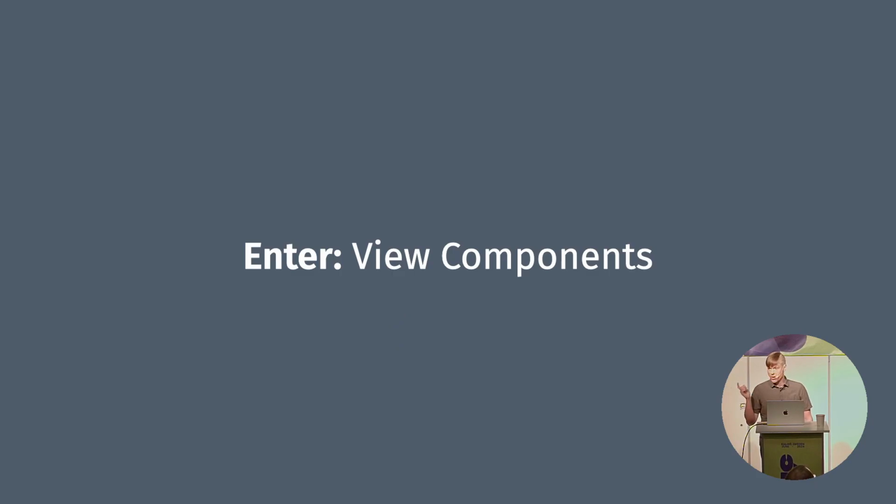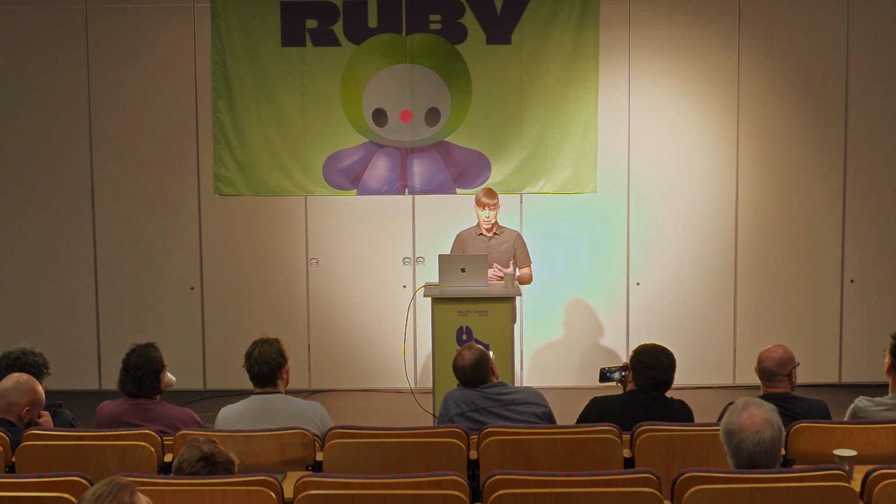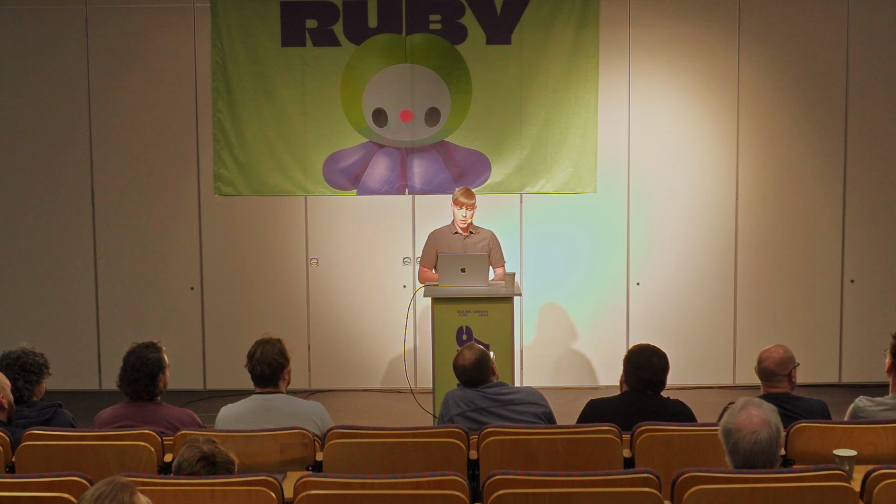It's here that I'd like to turn our attention to view components. What are view components? The way I like to think about it is that traditional views are templates that can reference any number of objects, variables, or methods. But a view component is a Ruby object that has a template